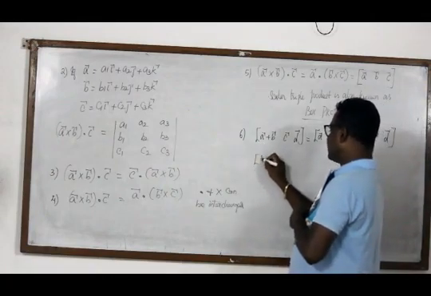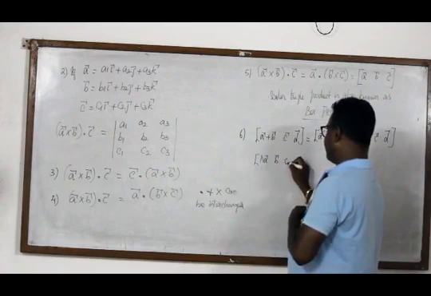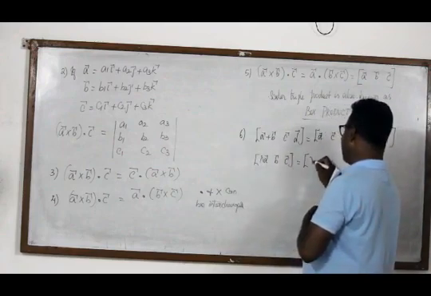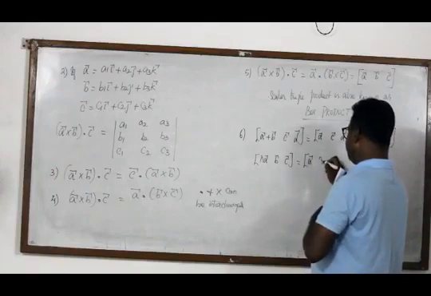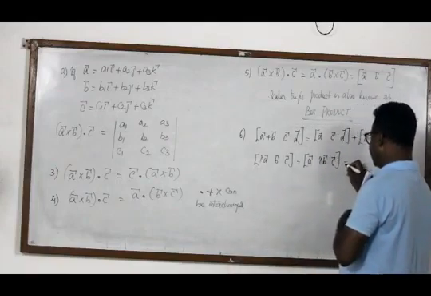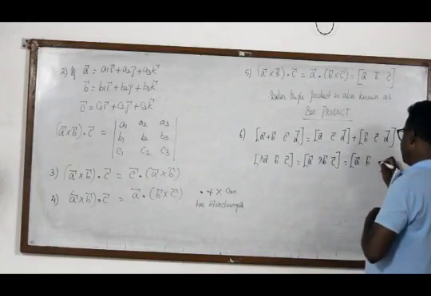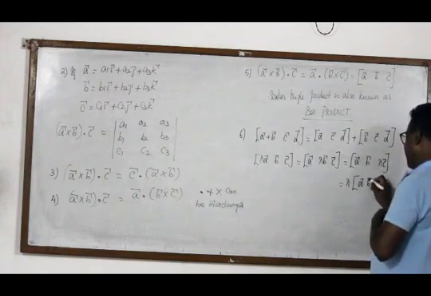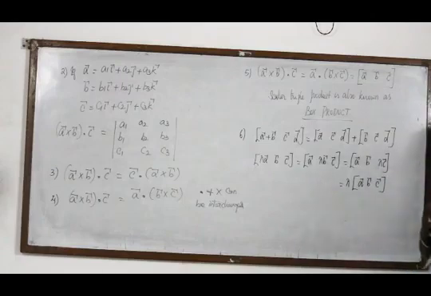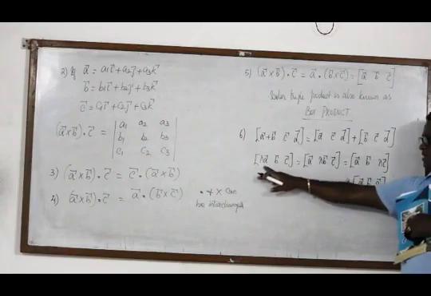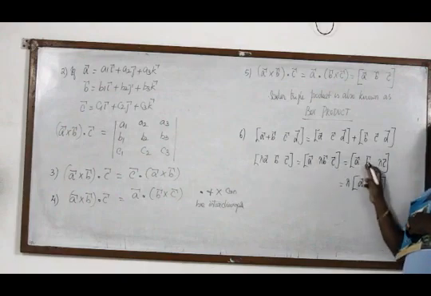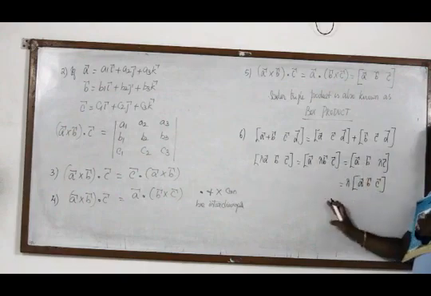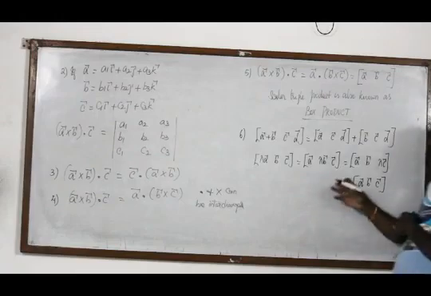Similarly, when a scalar is multiplied with a vector, it may be with A or it may be with B or it may be with C, but finally lambda can be taken out of the box product. The constant can be taken out of the box product because box product is involved only with vectors. So the scalar may be with the first vector, the second vector, or the third vector. That scalar can be removed from the box product. This is the next property.